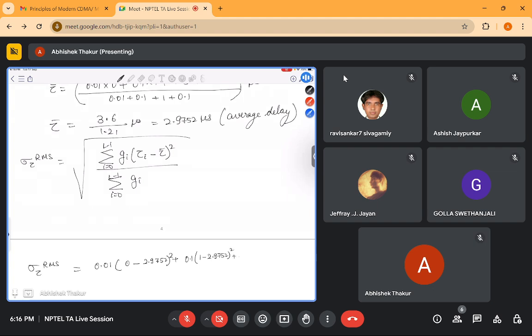The third one is gi is 1, time is 3 microsecond, so 1 into 3 minus 2.9752 square. The fourth one, the power is 0.1, time is 5,